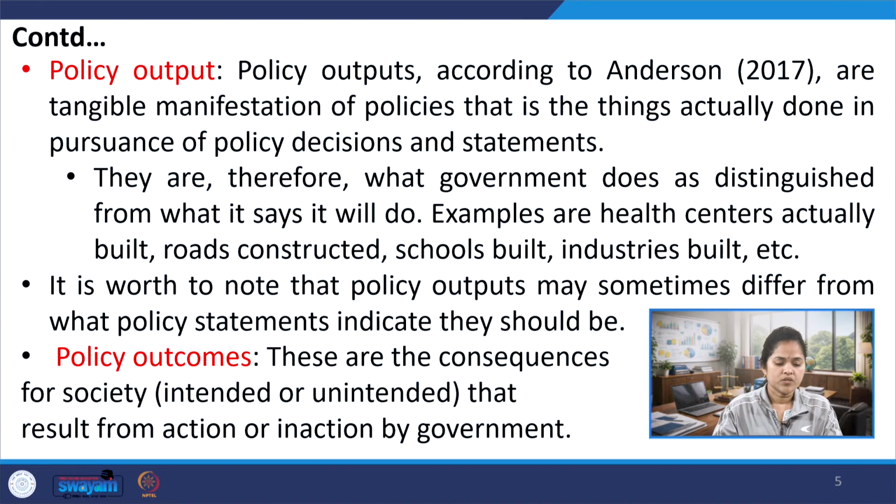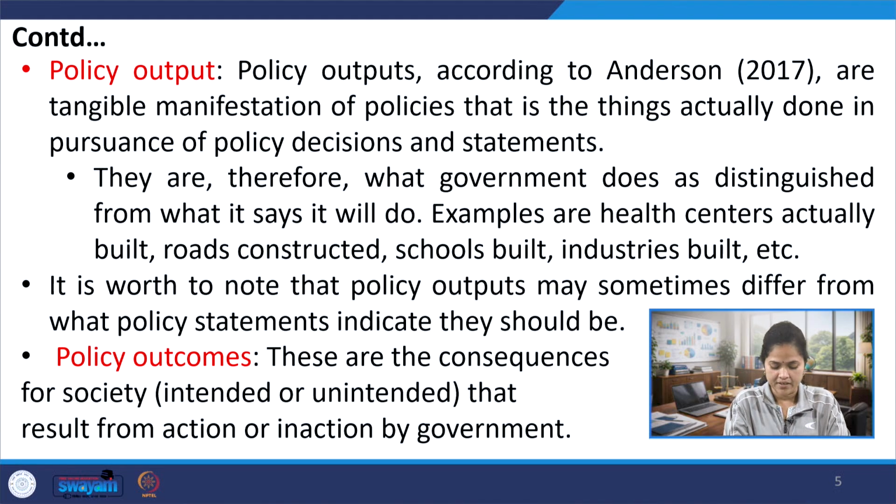And lastly, we also need to think about the policy outcomes that also form part of your scope of public policy. So policy outcomes are the last consequences of public policies. So these are the consequences meant for the entire society, and sometimes these consequences are intended, and sometimes these consequences may be unintended. So largely we can say, when we find some kind of policy outcomes, they are generally targeted,